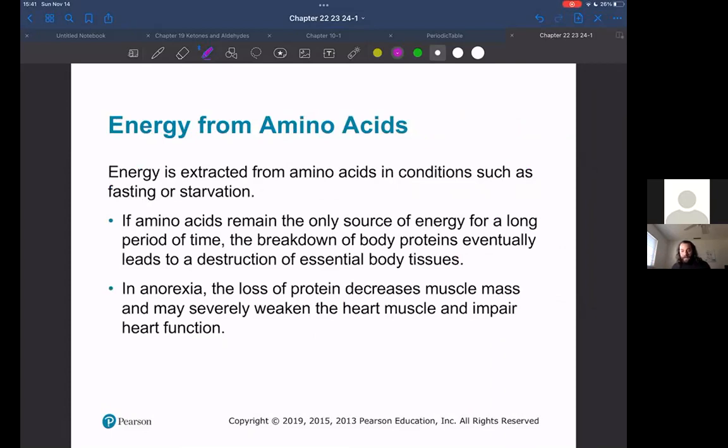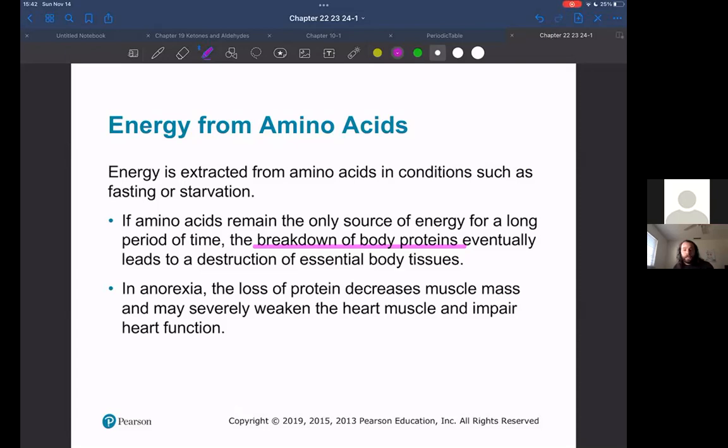Amino acids can be used for energy. This typically happens in periods of fasting or starvation. Your body doesn't love to use proteins as a source of energy because it inevitably will lead to the breakdown of your body proteins as well. If you have these metabolic pathways activated for amino acids, it'll turn on some of the amino acids that are there doing their function in proteins, the enzymes that your body wants, right? So not really great. That's why if you have extended periods of fasting or something like anorexia, a condition where you're just not eating the correct number of